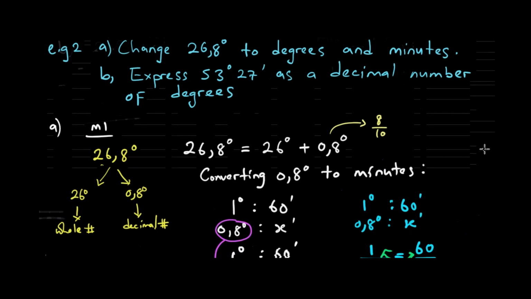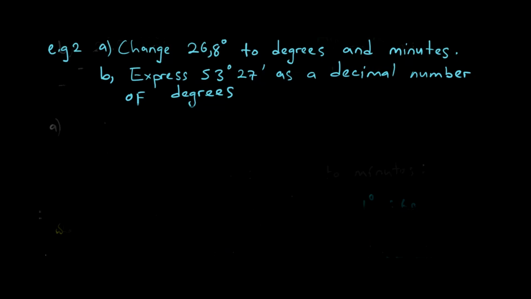We now want to go to part B of the question. Part B iri kuti express 53 degrees 27 minutes as a decimal number of degrees. Saka we want to sort of employ the same methodology yataita pana A, 53 degrees 27 minutes, and it's equal to chi. This much, it's actually equal to 53 degrees plus 27 degrees over 60. Chichaitika.